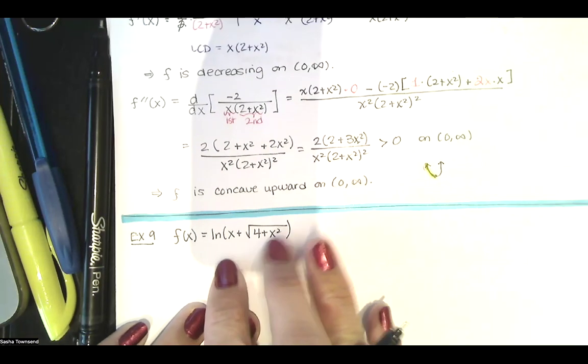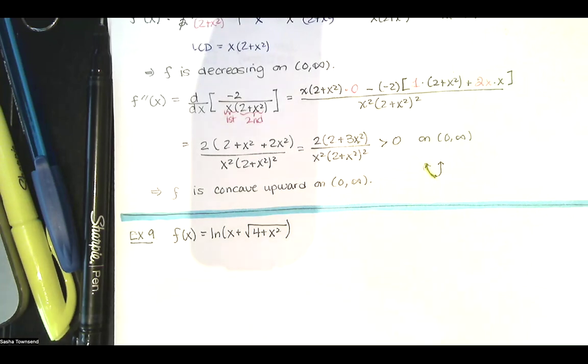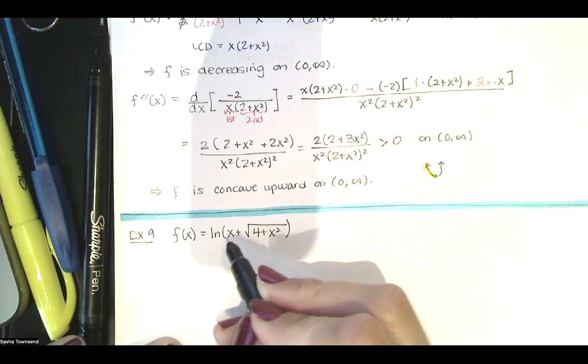Okay, so this is our f of x this time. And we're going to do the same thing that we did in the last few examples. We're going to look at f prime, we're going to look at f double prime, and we're going to think about the domain before we even do that. So the domain of this